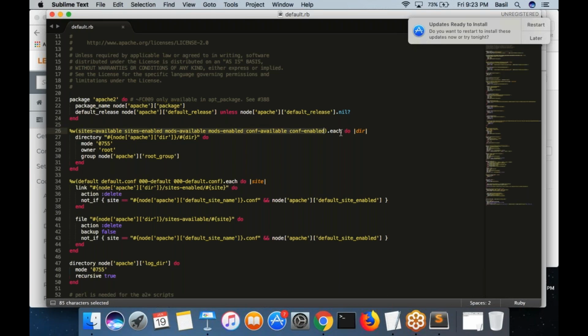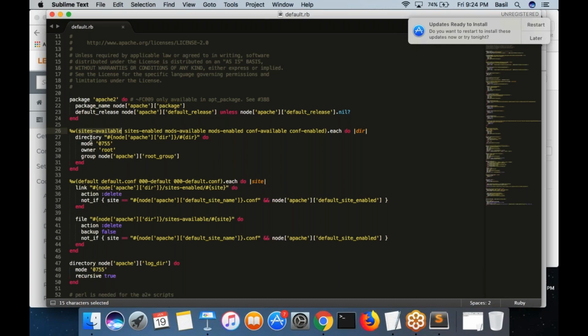For each of these folders, dir is the iterative variable. Dir will contain these directories in each iteration. So dir will be equal to sites available in the first iteration, dir will be equal to sites enabled in the second iteration. Like that, for each of these values, the loop will repeat.